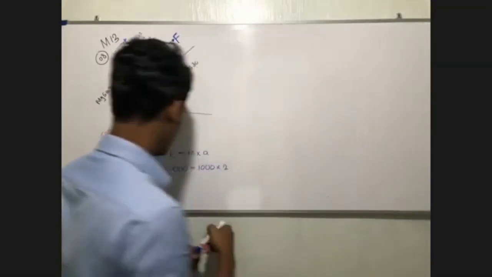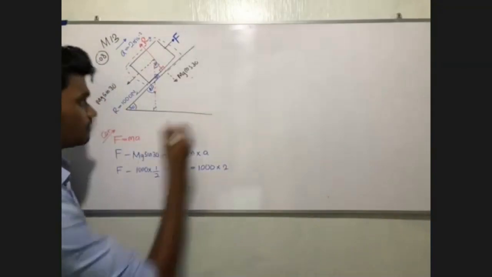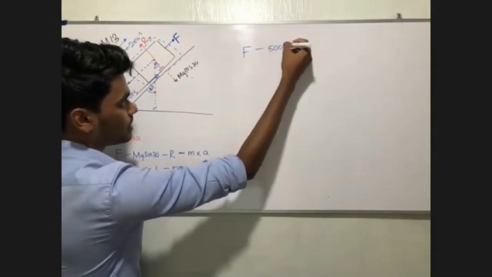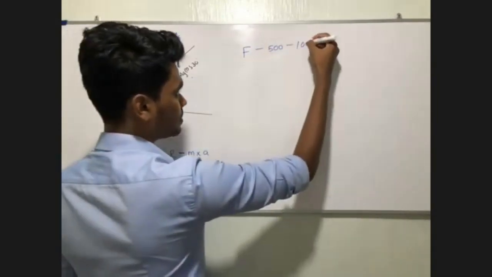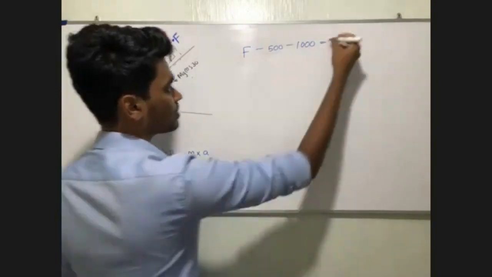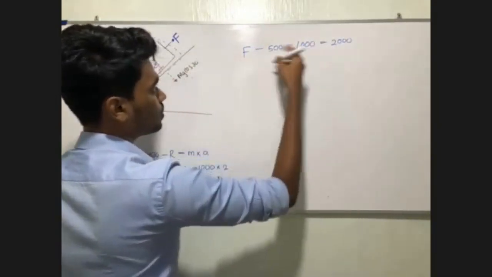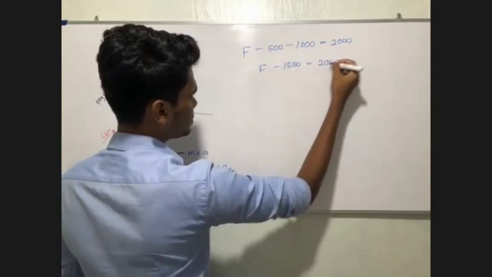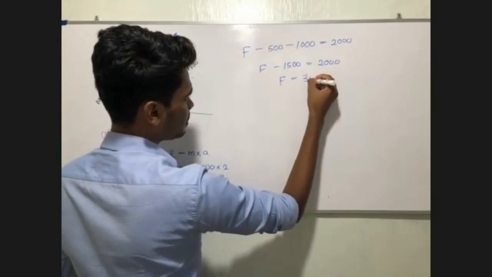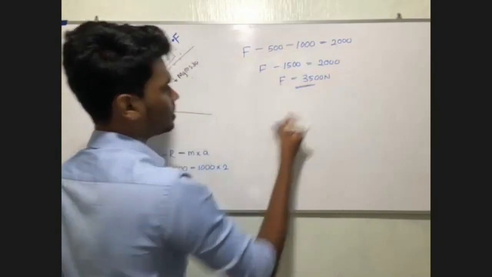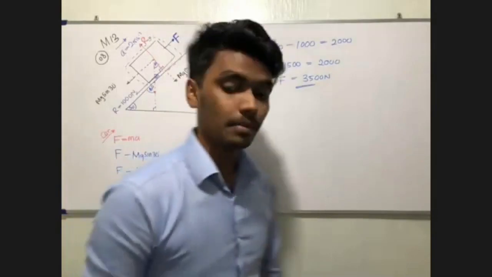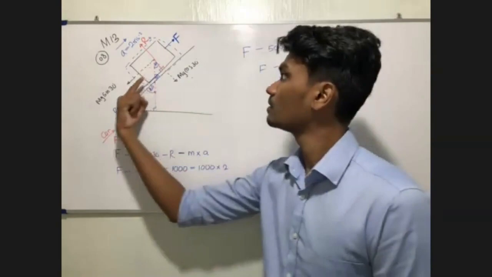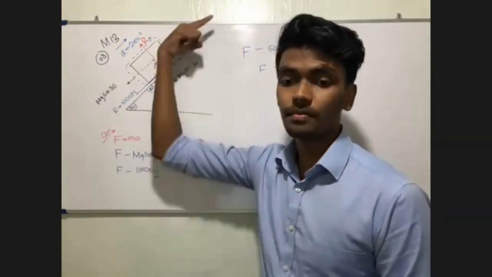If you simplify, you are going to find F. Minus 1000 divided by 2 is 500. This is minus 1000. This is 2000. So F minus 1500, 2000. F is equal to 3500 Newton. This is the force applied by the engine on the